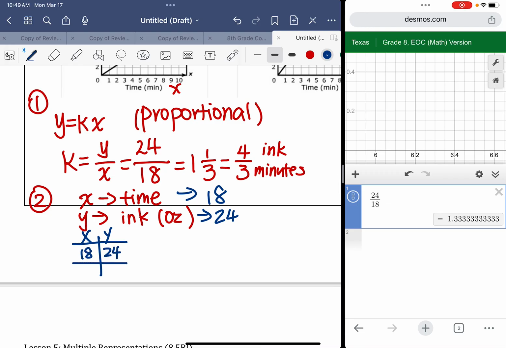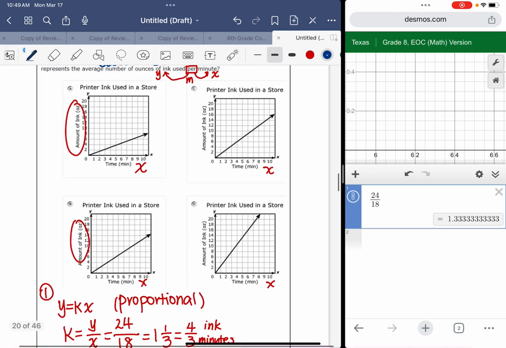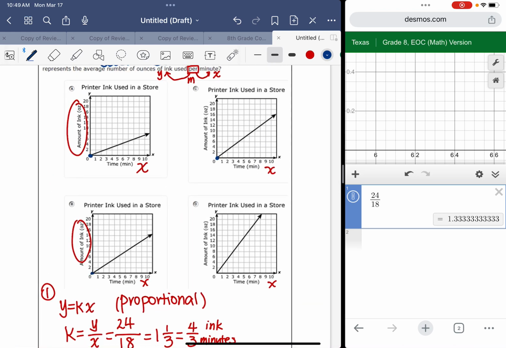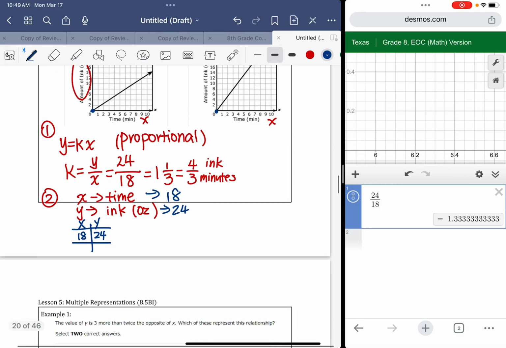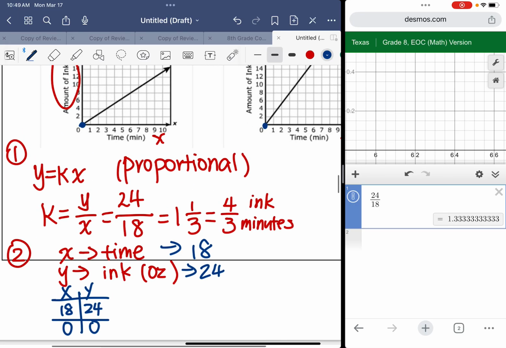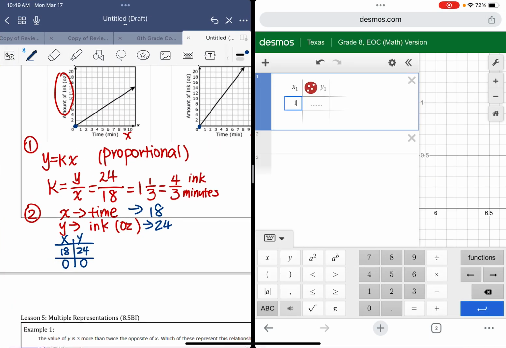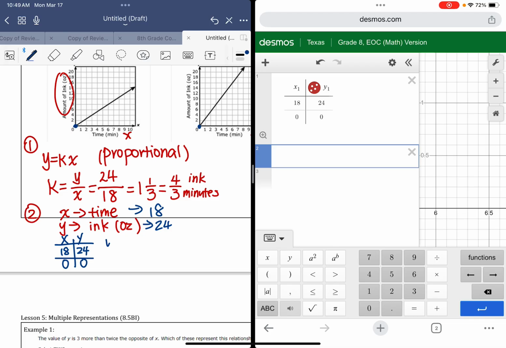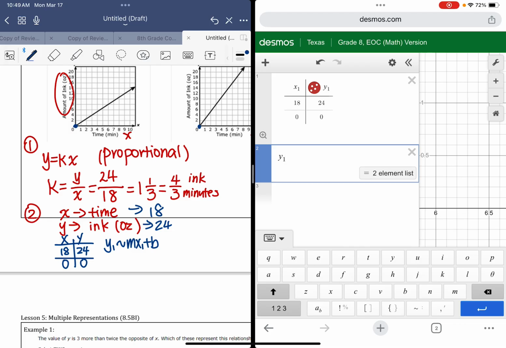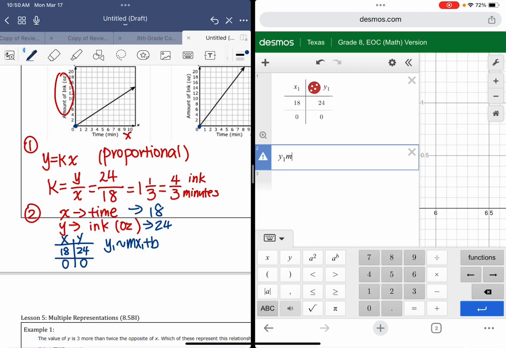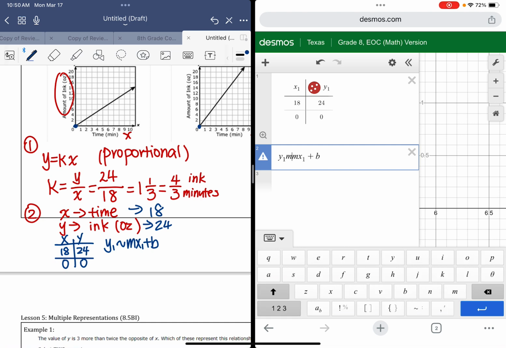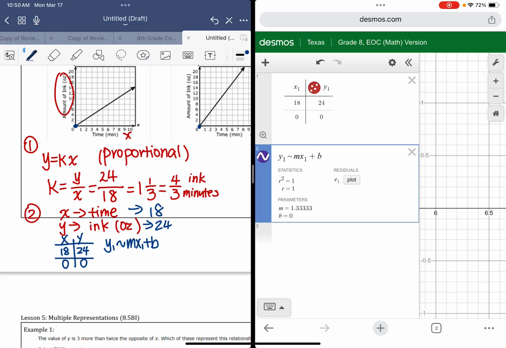And also, if you take a look at all of your answer choices, do you see they all cross what? What's the most important point? 0, 0, right? So if you put 0, 0 in, that will fall back to the lesson that we previously reviewed. We can go to our table and create a table by using 18, 24, 0, 0. Remember, our equation will be y1 similar to mx1 plus b. Then we should be able to figure out m equals